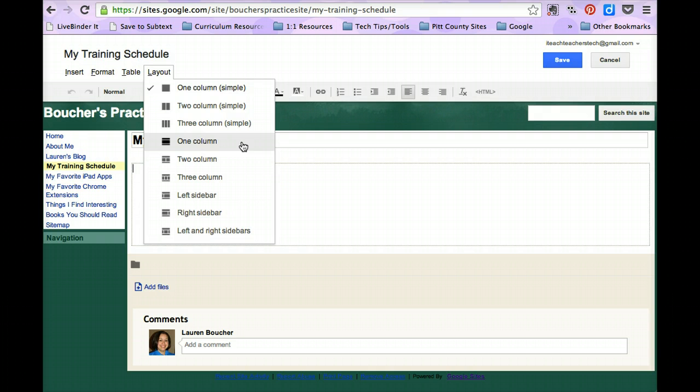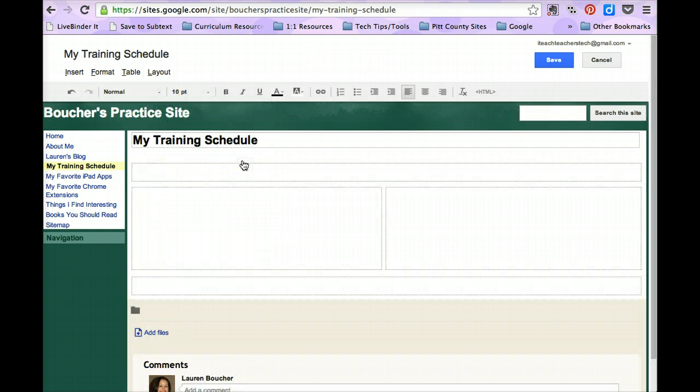This is my training schedule page, and the way that I like to set those up is I like to have my dates on one side and then links to my resources on the other. So I'm going to go for the just regular 2-column layout. When I click that, you'll see now that I have these gray outlined boxes here. And again, I have my